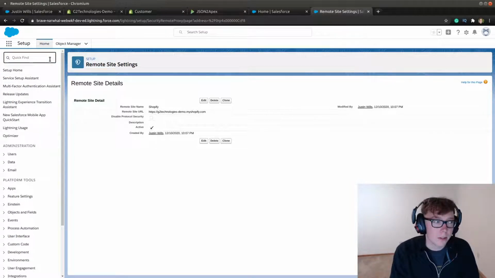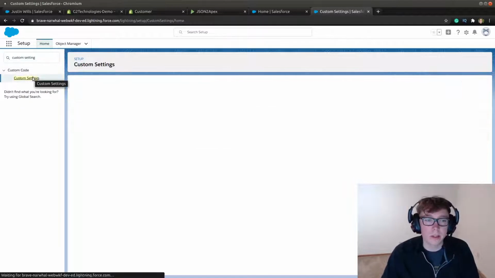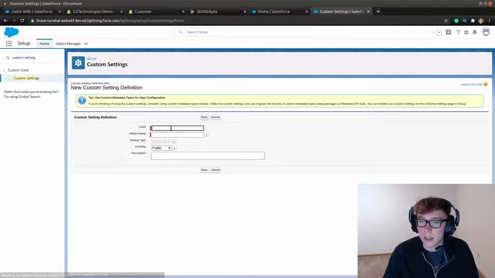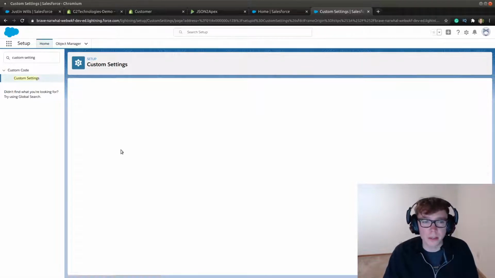The next thing that we're going to do is create a custom setting. What this will do is this allows us to store some of the information about the integration outside the code, which allows us to edit this easier. A little bit of extra security, not much because it's still stored in plain text, but it's a little bit better. So I'm going to call this Shopify credentials,